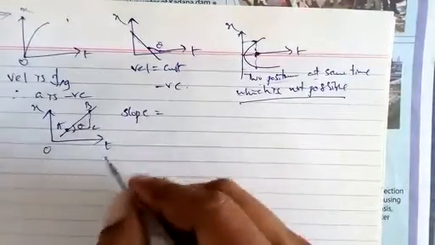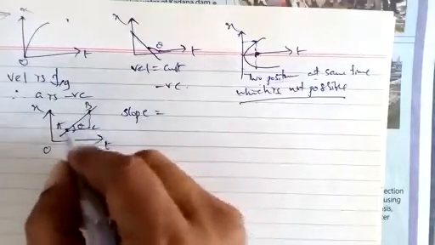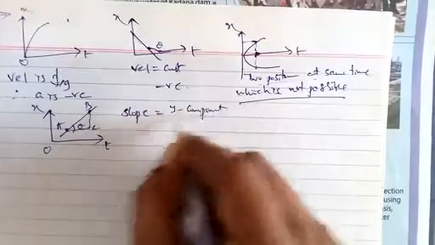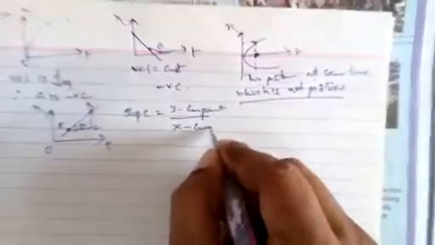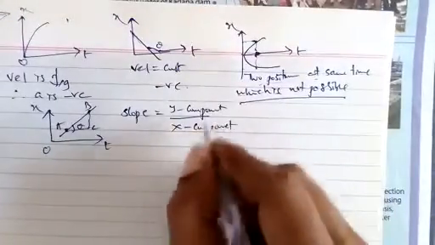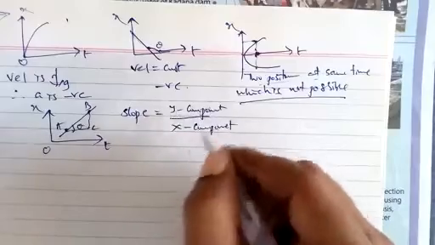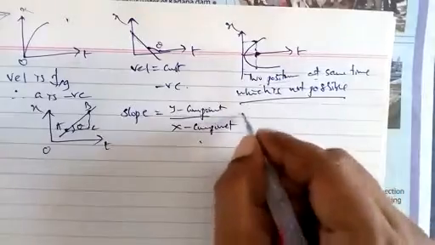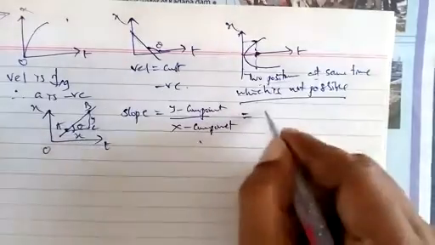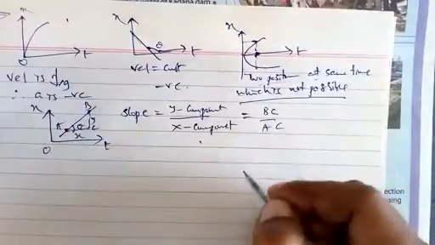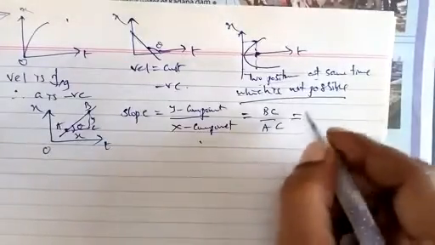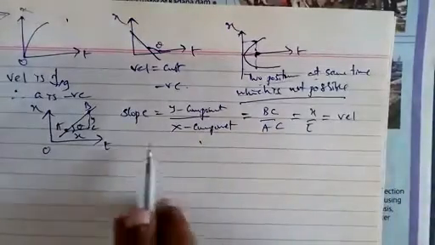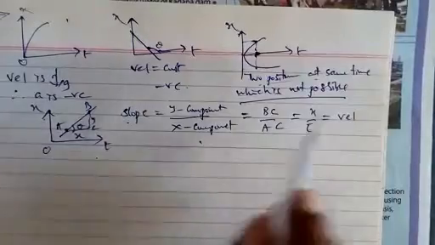Here they have given a position time graph that is a straight line. Is it possible to find the slope? Take any two points and draw lines like this to form a triangle. Slope is equal to y component upon x component, that is, y2 minus y1 upon x2 minus x1. In lower classes you have studied this formula. In the simplest way, it is y component upon x component. So BC upon AC means x upon time, which is equal to velocity.